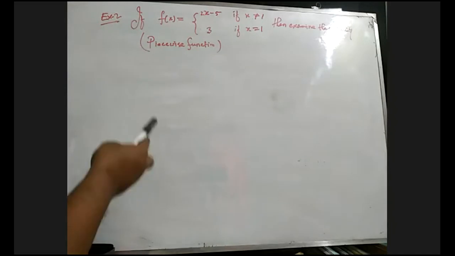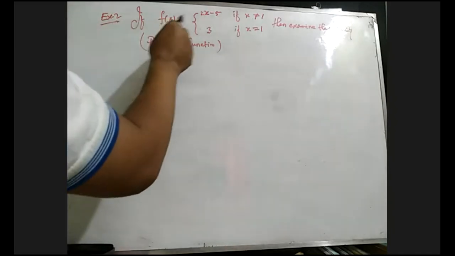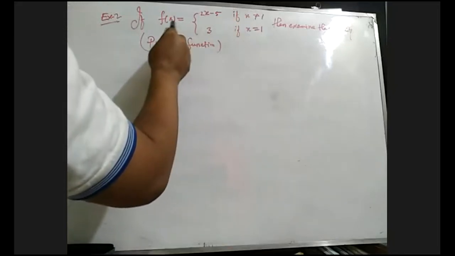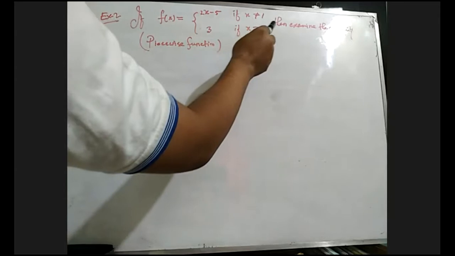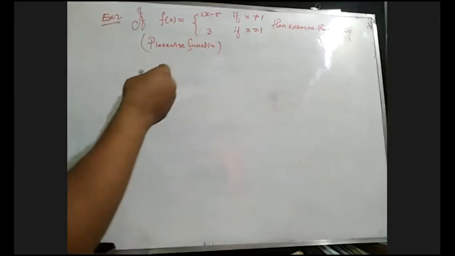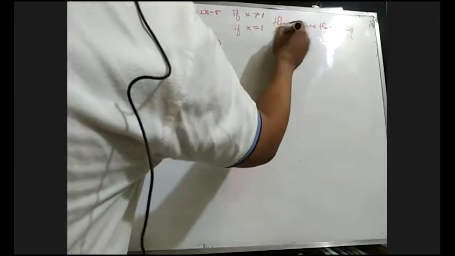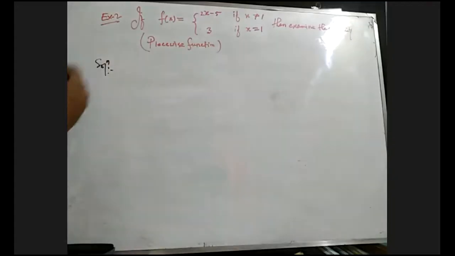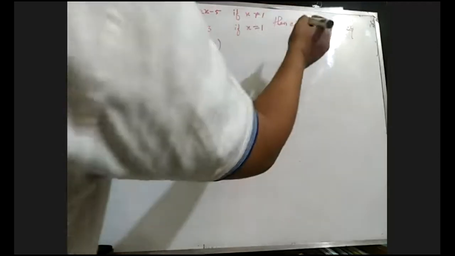Okay, another example for continuity. Example 2. If f of x equals 2x minus 5 if x is not equal to 1, and f of x equals 3 if x equals 1, then examine the continuity of the function. For the solution, first of all, this is actually a piecewise function. You must know what a piecewise function is. So we have to examine the continuity at